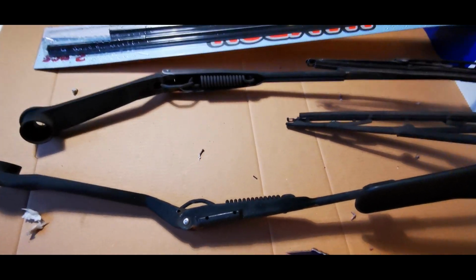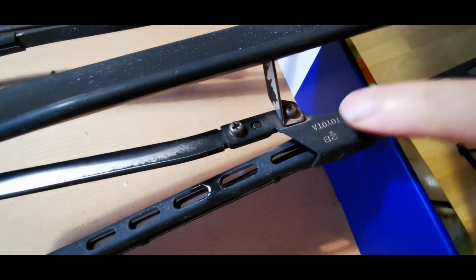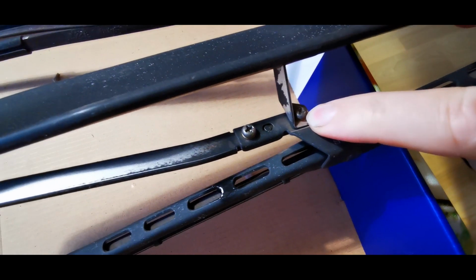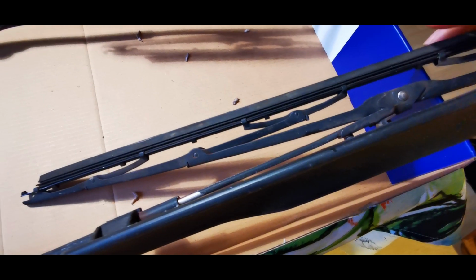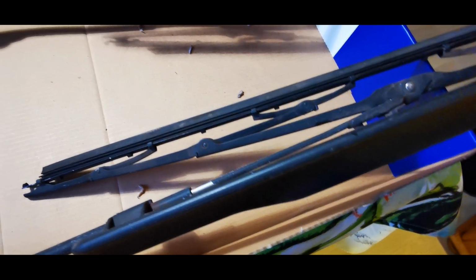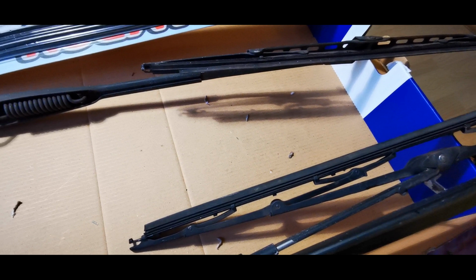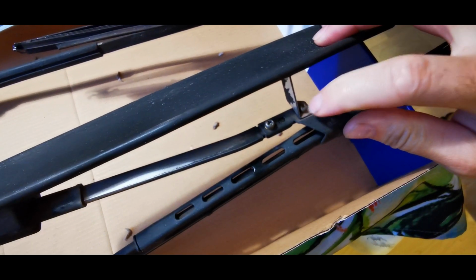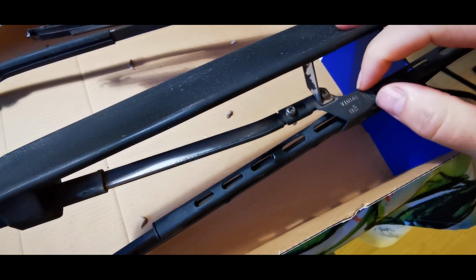Here we have the wipers. Since Toyota is using this type of fixing, two screws, you need to replace the rubber or buy the complete wiper from Toyota. There are also these Japan adapters, which you mount here with the screws, and then you get this hook